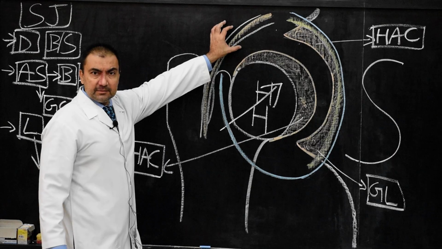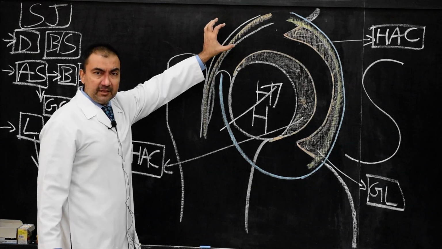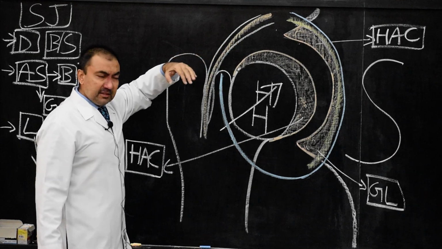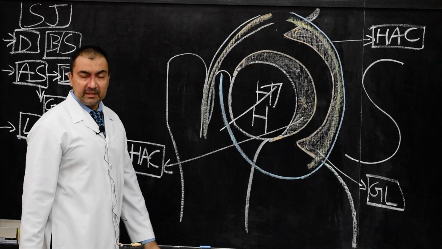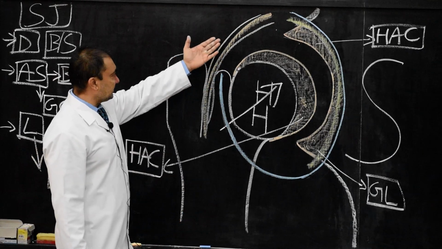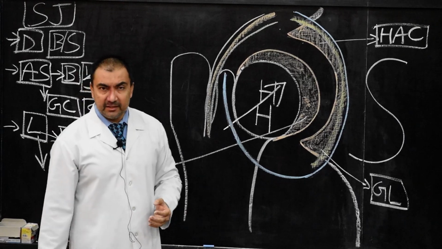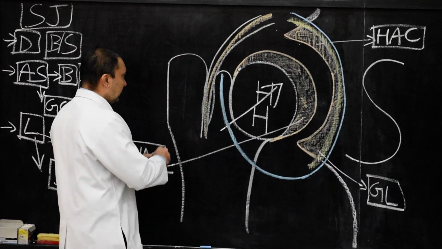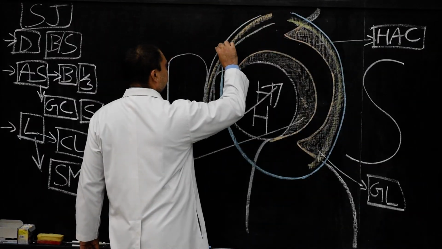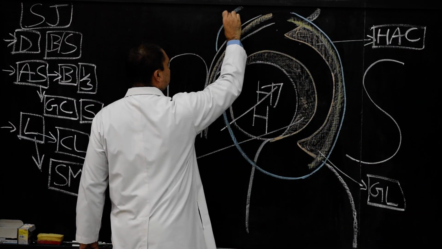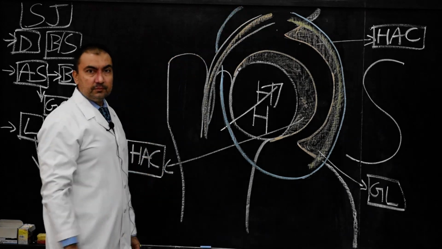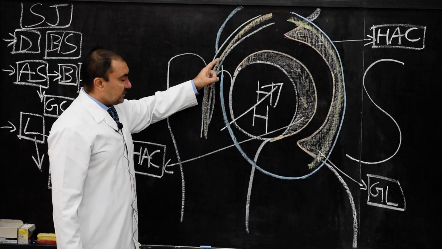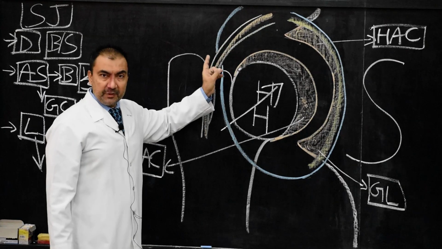There will be deficient capsule superiorly. So this region in the superior segment will be deficient. The capsule will be deficient, which will allow the passage of the long head of biceps brachii, which is covered with synovial sheath. Therefore, if you draw this capsule here superiorly, there will be a deficiency, and then you can continue the capsule above. So that is one point where it is deficient superiorly.